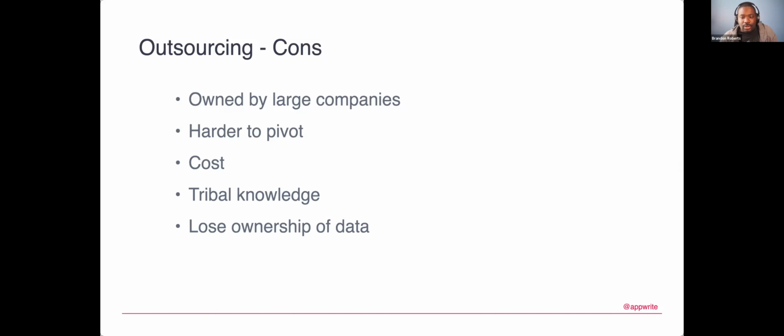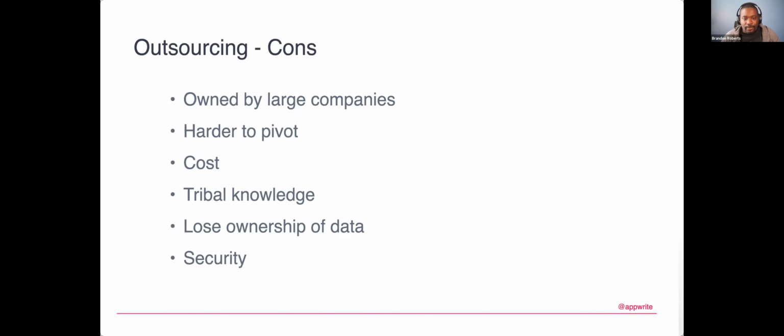And you also lose some ownership of your data, because they give you more of a structure to use as opposed to you being able to see what all is happening and have more ownership of that. And security is always a concern because, like I said, the code is behind closed doors, and it may be vulnerable to security risk there.